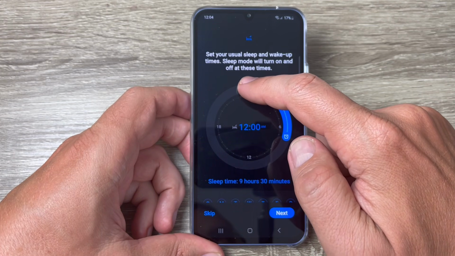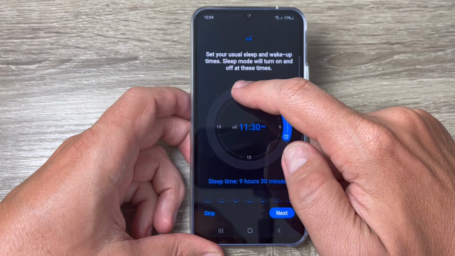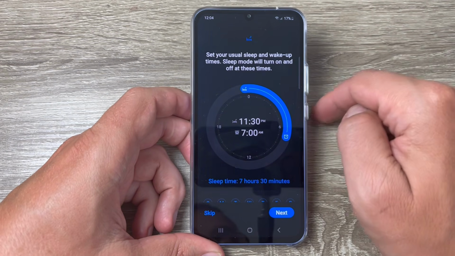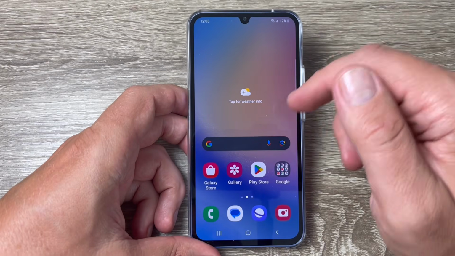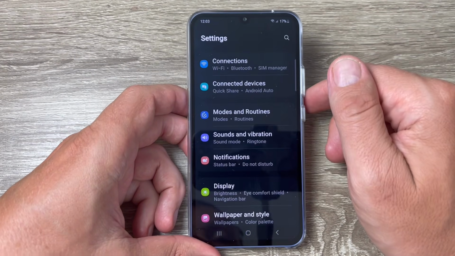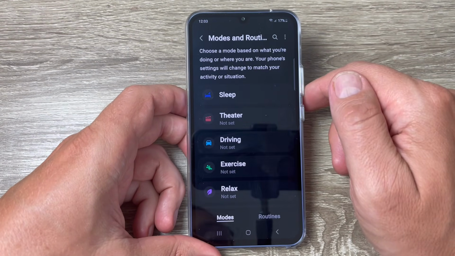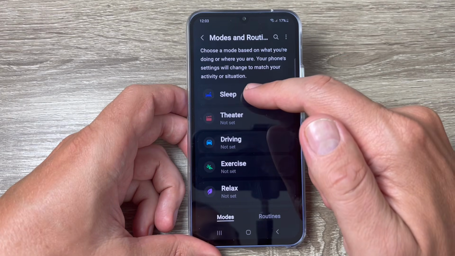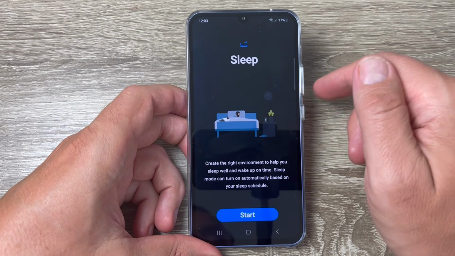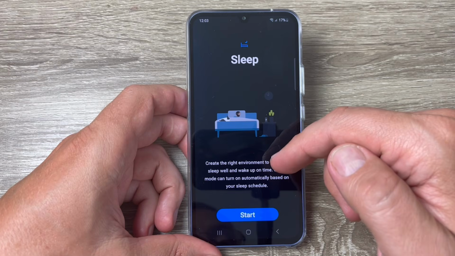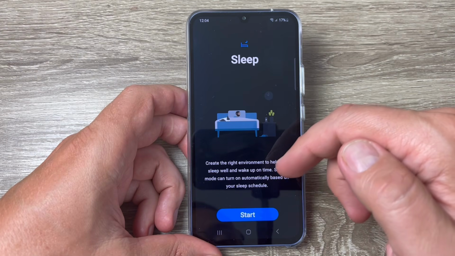In this video I will show you how to turn on the sleep mode on Samsung Galaxy phones. So to do that, just go to settings and here tap on modes and routines, and here we have sleep. Just tap on this, and from here you can create the right environment to help you sleep well and wake